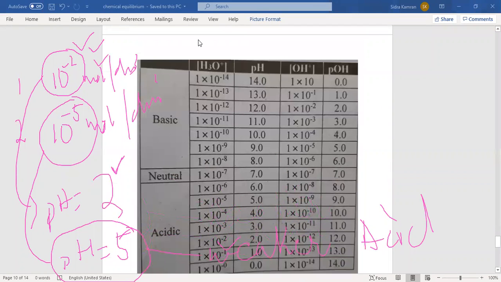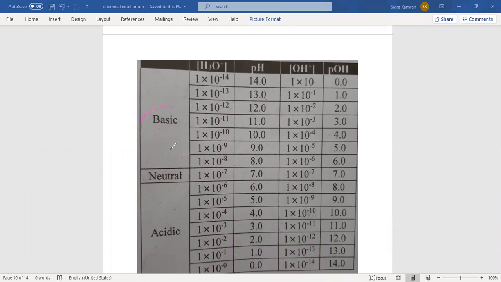In this table, you can see the pH or pOH. Basic solutions have a pH 8 to 14, and at 7 the solution is neutral. Below this, 6 to 0, the solution is acidic. At different concentrations, you can see the pH. At the concentration 1 exponent minus 14, the pH is 14, the solution is basic. At exponent minus 13, the pH is 13, the solution is basic. Here you can see for water, 10 raised to the power minus 7, the pH is 7, and the solution is